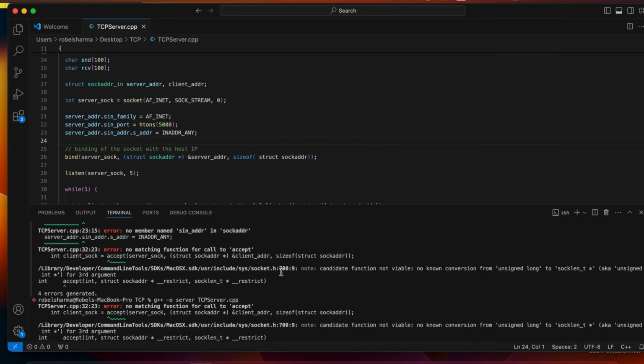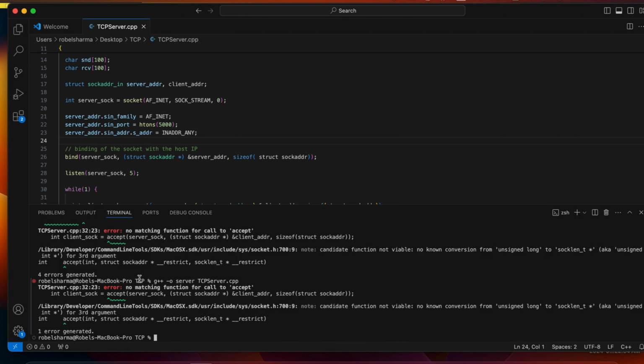So the only error it shows you is the accept. No matching function for accept, because the candidate accept is asking for int, then socket address, then socket len. Here we are basically putting the struct size, right? So it is asking for socket len. So what we can do,